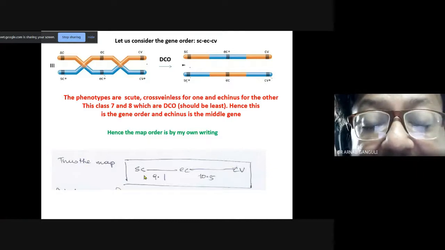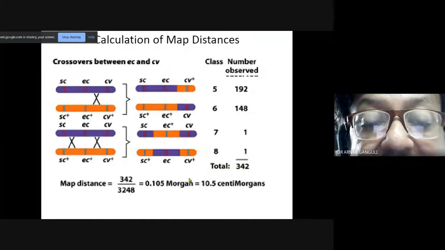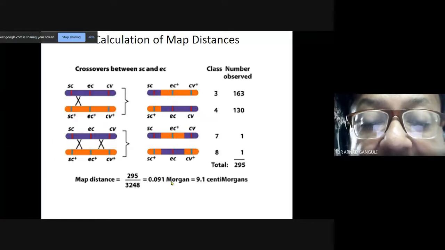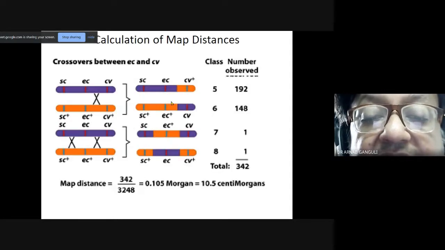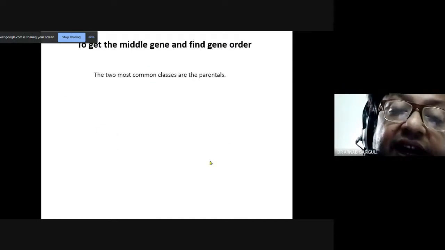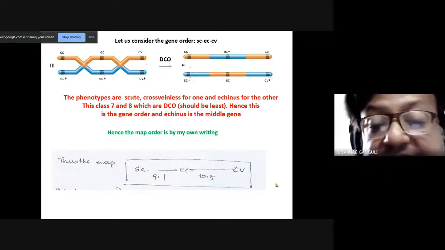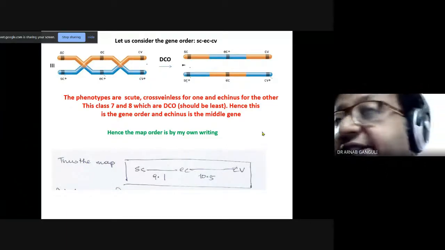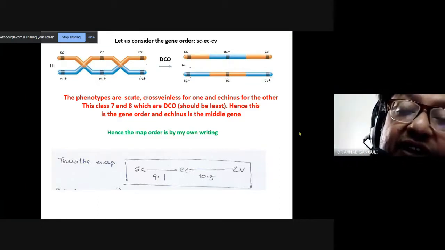এবারে আগের ওইটাতে তুমি ক্রস ওভারগুলো অ্যাড করে ডিভাইড করে ম্যাপ ডিস্টেন্স বের করেছিলে। এসসি আর ইসির মধ্যে ইউ ফাউন্ড ইট টু বি 9.1 সেন্টিমর্গান, বিটুইন এসসি এন্ড ইসি। আর ইসি আর সিভির মধ্যে ইউ হ্যাড ফাউন্ড ইট টু বি 10.5। আর ইউ নো হোয়াট ইজ দ্য মিডল জিন, ইসি। So you have calculated a genetic map, ড্রসোফিলাকে ক্রস করিয়ে করিয়ে তুমি ম্যাপটা করে ফেললে। এটা অ্যালফ্রেড স্টার্টিভ্যান্ট খুব কাজ করেছে এটা নিয়ে।